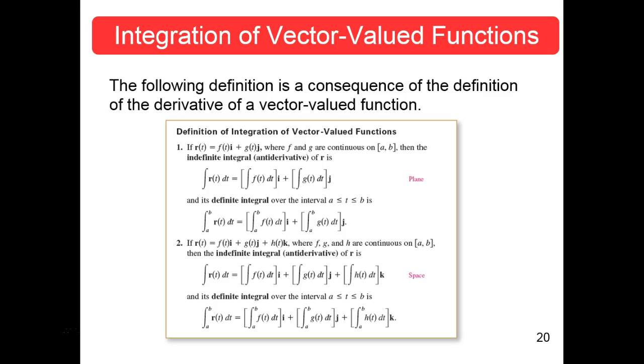Now, if r of t is a three-dimensional vector in space, f of t i plus g of t j plus h of t k, f, g, and h are all continuous on a to b, then the indefinite integral, the antiderivative, is the same as before. The antiderivative of r of t is the integral of f of t dt i, integral of g of t dt j. You just integrate each of the scalar functions that are the component functions of your vectors, and keep the